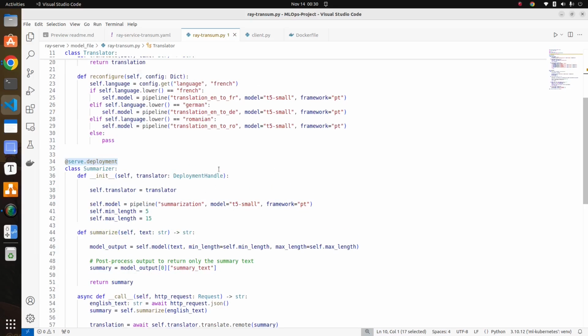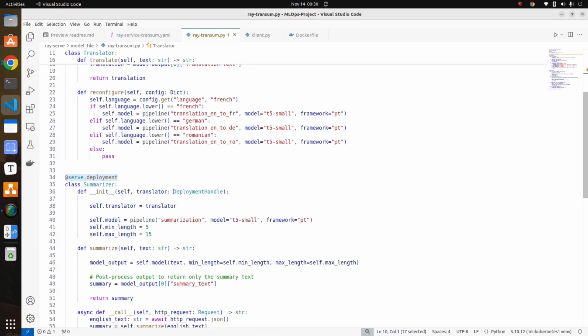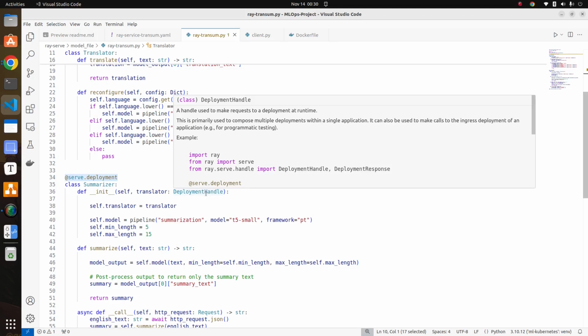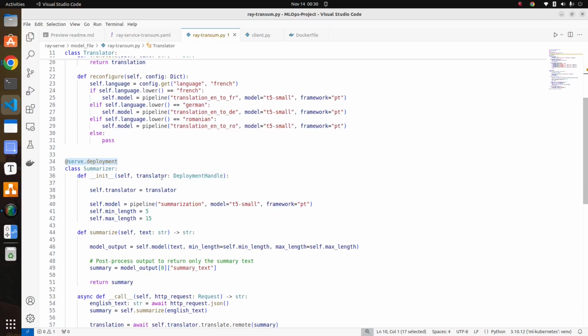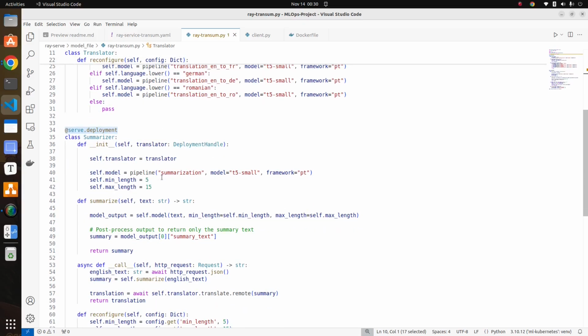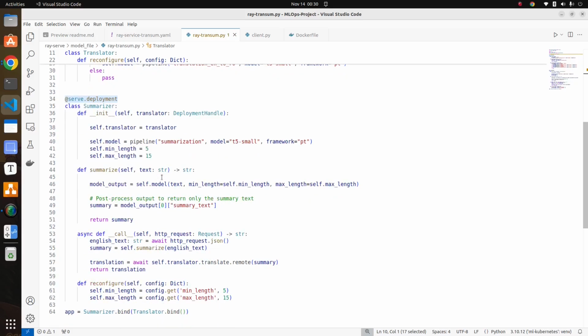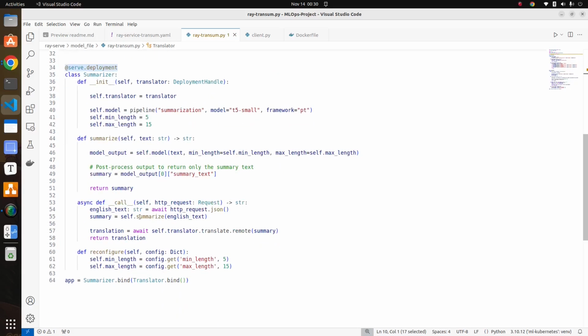The only thing is, if you see here, it takes in translator, which is nothing but a deployment handle object. You want to combine two models here, translator plus summarizer. So that's why we take this as our input, and we'll be using this translator object to translate whatever text is summarized. First we do summarization, and the output of that summary is passed to the